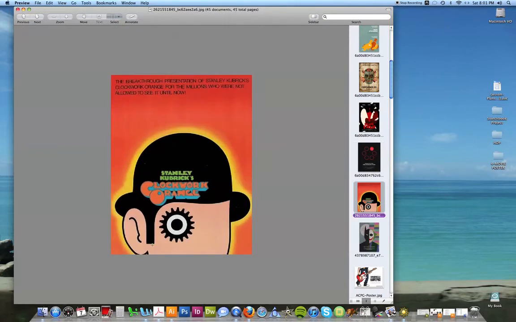Clockwork Orange. Again, if you've ever seen the movie, he wears this costume and this makeup around his eye and this hat. And here it is simplified in an almost cartoon-like manner, but it works. It's got this funky Clockwork Orange text down here, and then